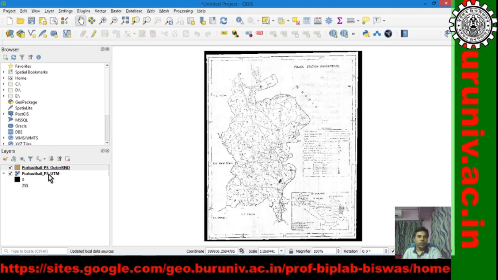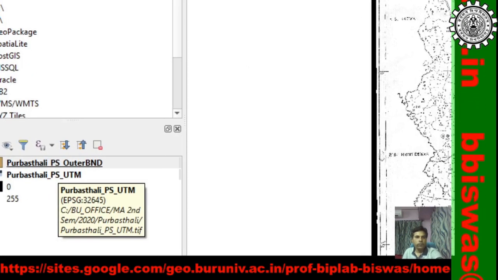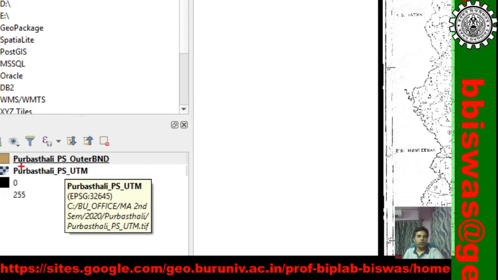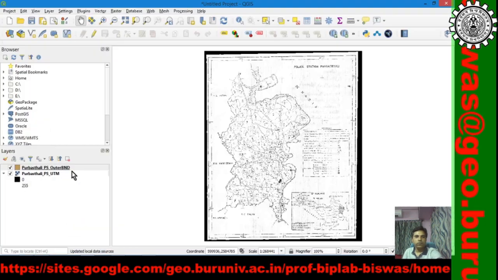So, the Purvasthali PS outer boundary layer is added on the list, but we can't see it because it is like a transparent sheet.